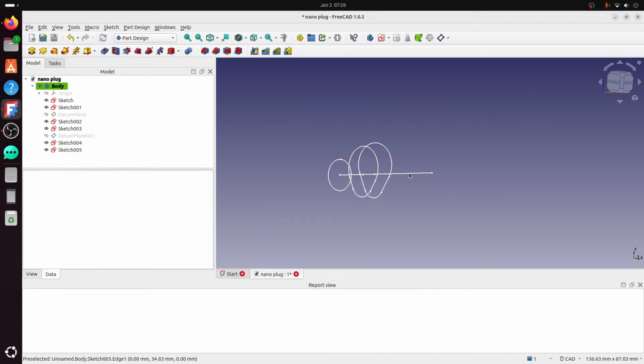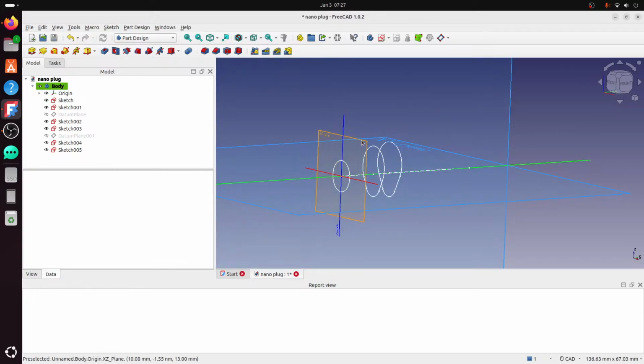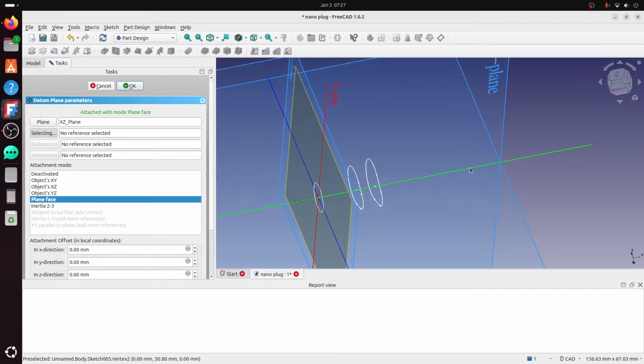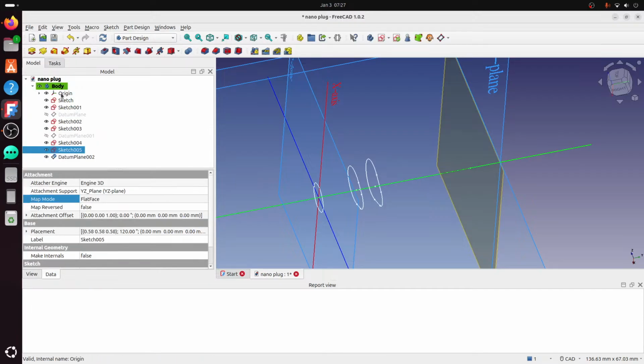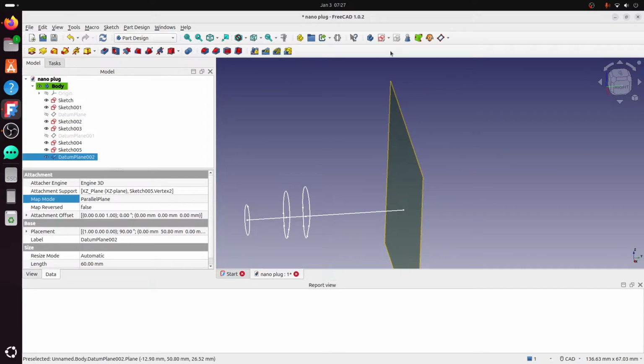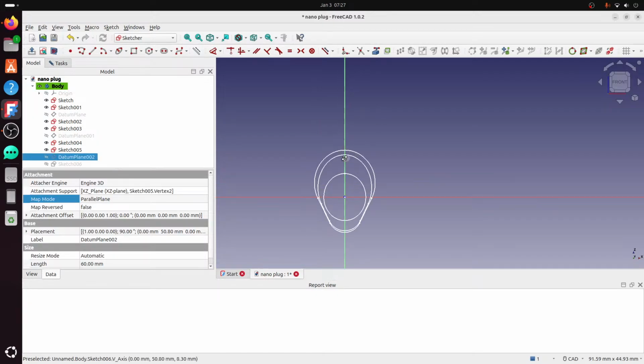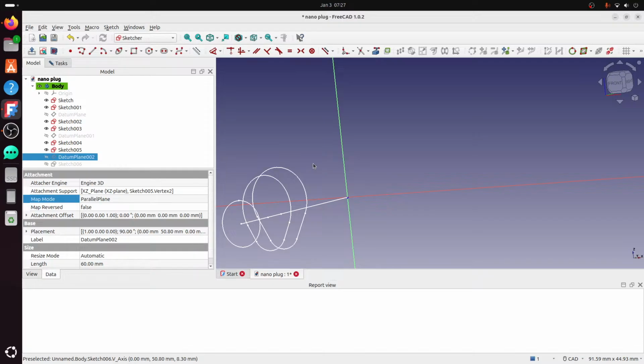I feel like this should be smaller, but I don't think that's really necessary. Alright. Show the origin again. Select this plane, datum plane, reference to this point here. Hide our origin. Select the datum plane, create a sketch. Hide that datum plane. And then I believe we're going to want,